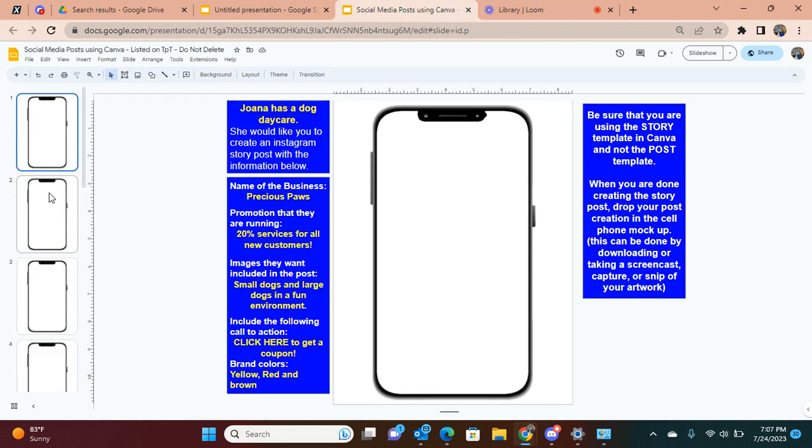And then students can drop it here. I even put here what template in Canva to use. They're using the story template instead of the post template. If you don't want your students using Canva, they can simply drop images in here and make sure all of this information is included by inserting